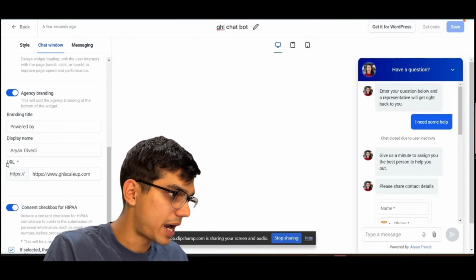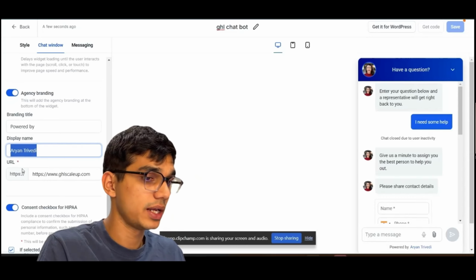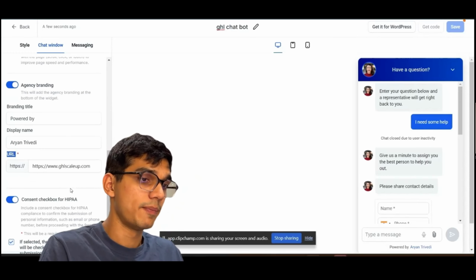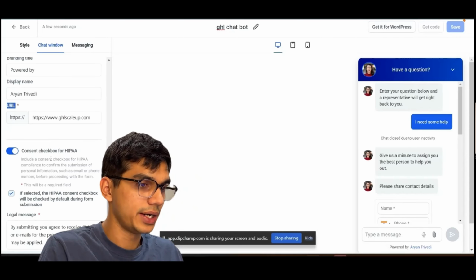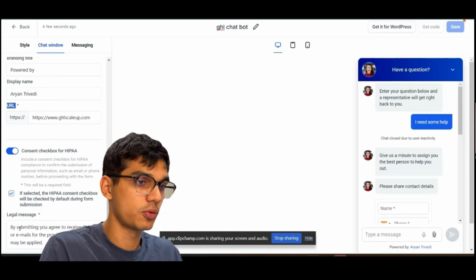Now we have branding settings. Here you can configure the widget title, display name, and website URL. I'm entering my business information, but you can replace these values with your own company details. At the bottom, you will also find a consent checkbox option along with